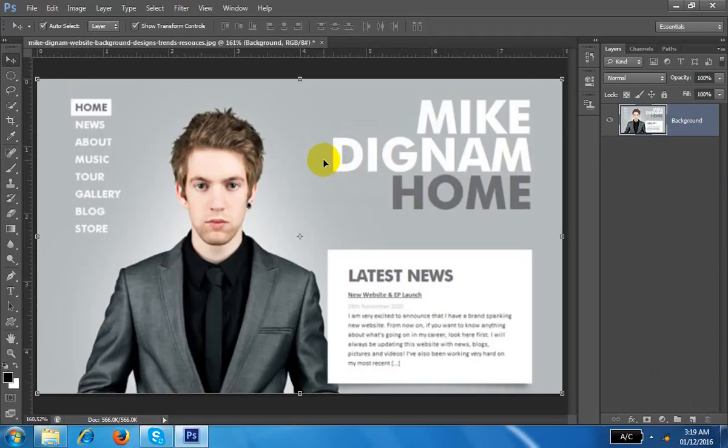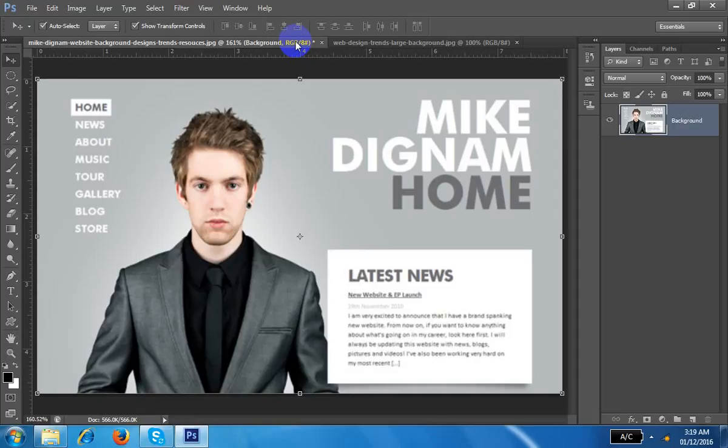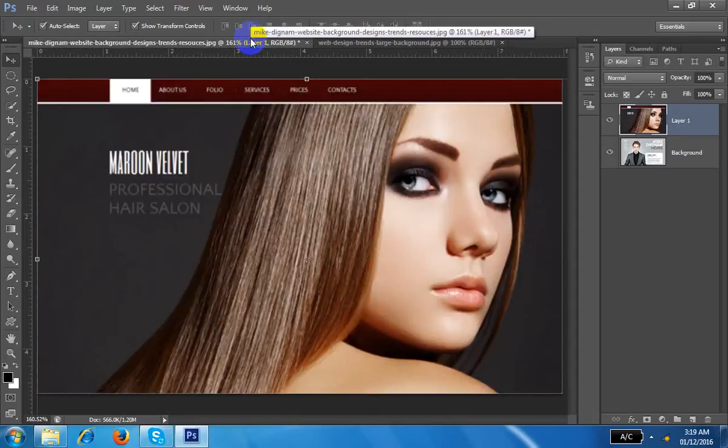Okay, I will tell you all the things, the same thing. Understand? How can I make one more image here? First, Control O. Okay, this image. This is another document. Yes, Control A, Control C, and Control V. This is one technique. But have you seen here the smart object icon?